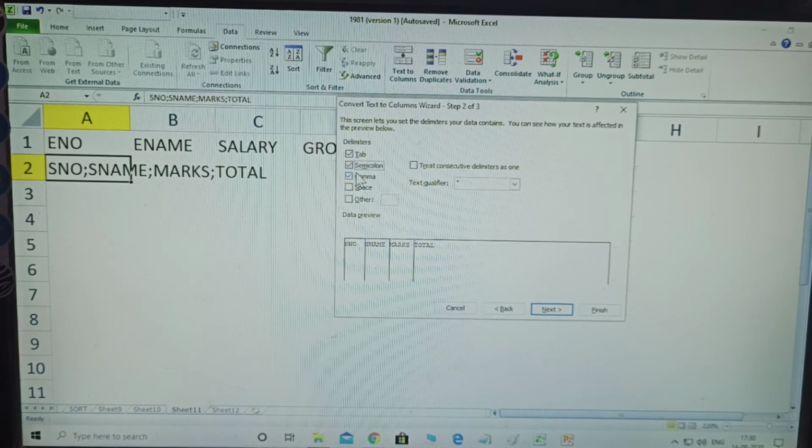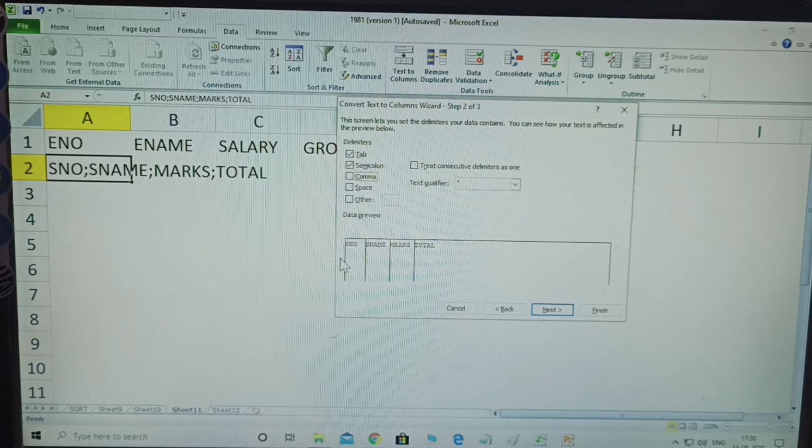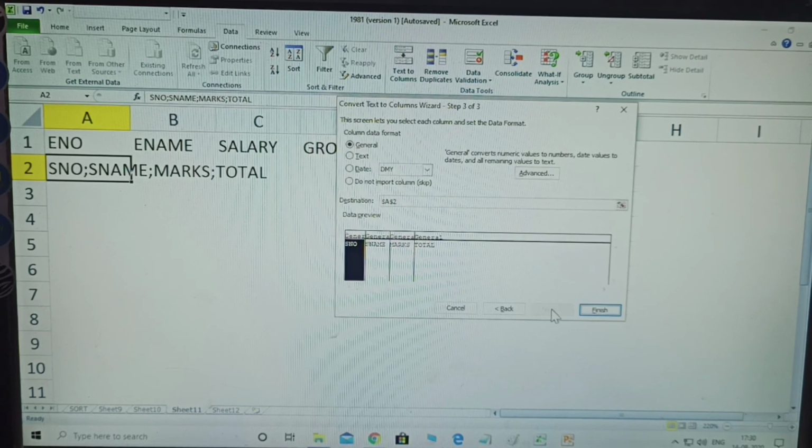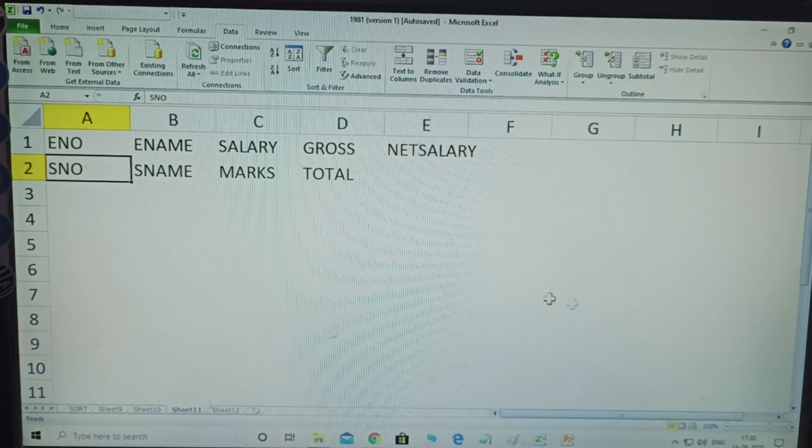So click the semicolon and delete the comma. Observe here, serial number, serial name and marks and total are separated and divided. This is the preview. Any mistake is displayed in the preview here, so check carefully. Okay, click next and click finish.